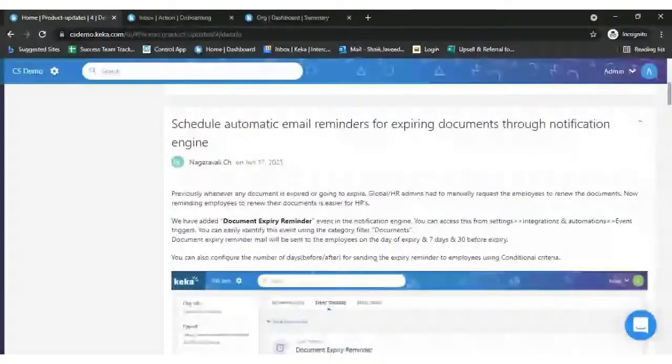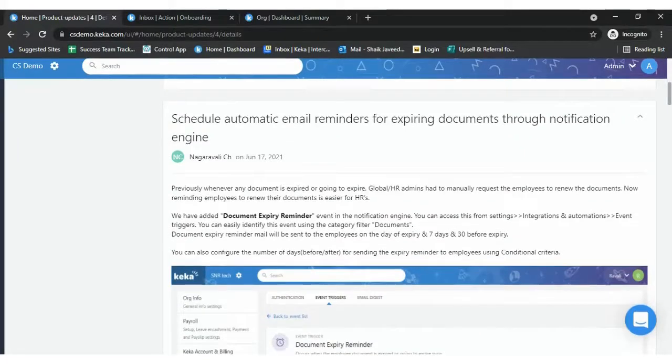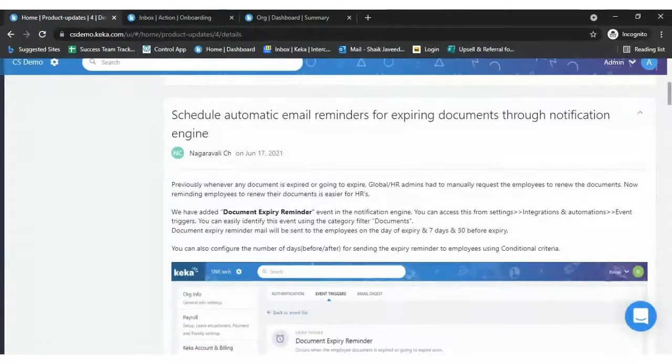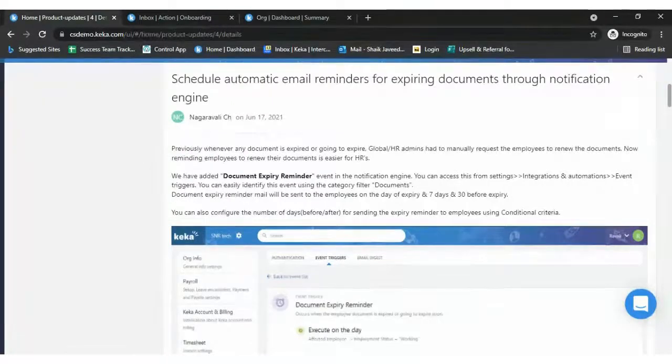We have certain documents which get expired. It can be a PAN card or a passport. Those are documents that expire after a certain number of years, it can be 2 years or 5 years, or it can change.